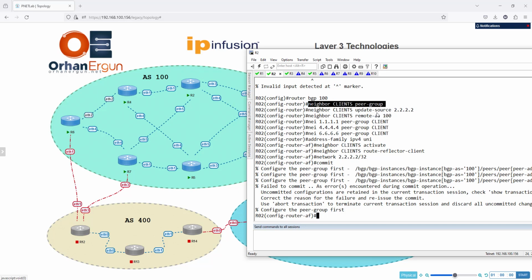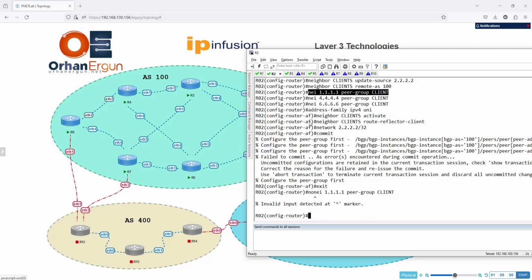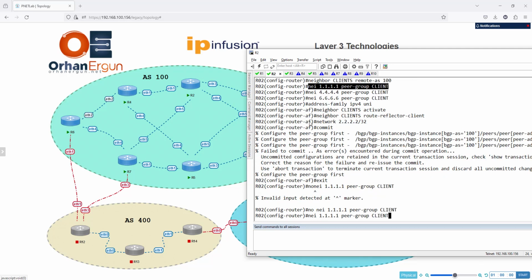So it says that neighbor clients update source, and after that you see that that is a problem because I have forgotten to have S in here. Okay, so I'm going to say no problem, exit here, no this one, no this one, but this one,